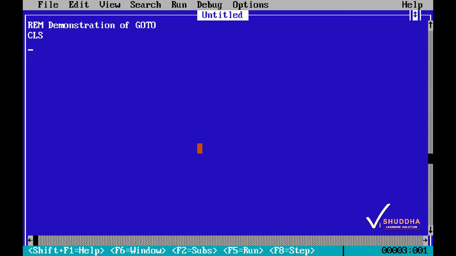And for this I will be using a simple variable with some initial value. I will do some mathematical calculation like adding 1 and then repeat the same step using the goto statement. The goto statement helps us go to a particular label or line number and continue the execution from there. Let's see it to understand.